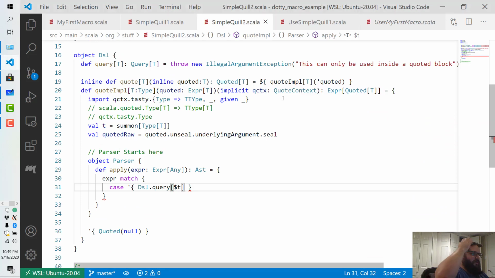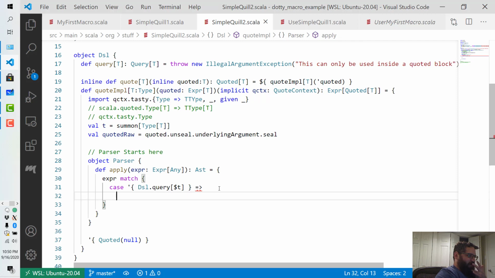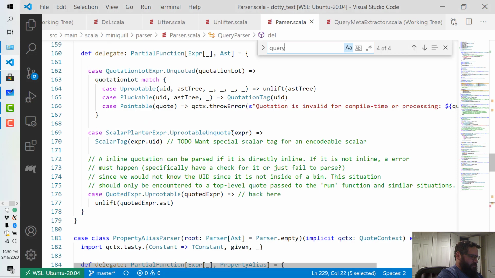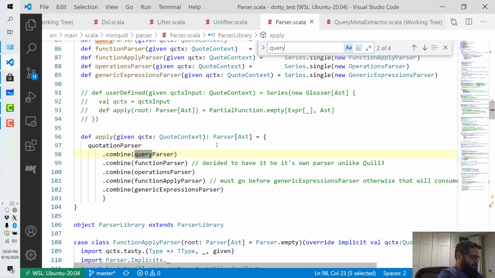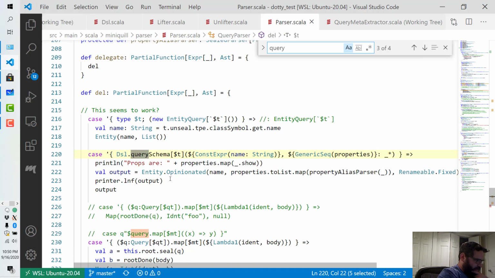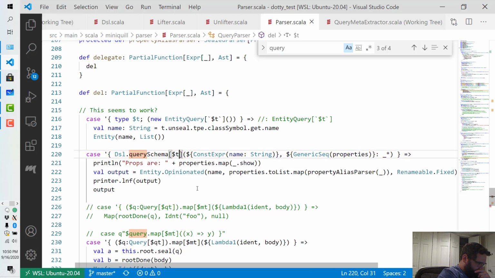Query of t. DSL.query of t. Yeah. So let's parse this. Now, what's the type? So we want to know what this is. Well, we should be able to get it. How did we get it? We took this T and